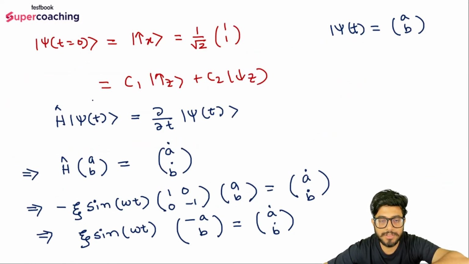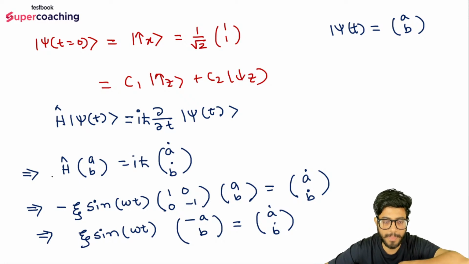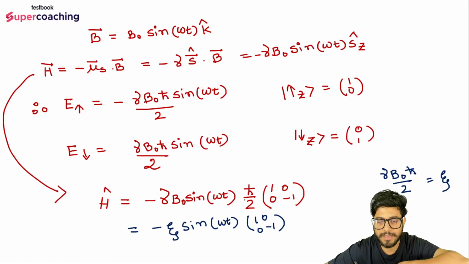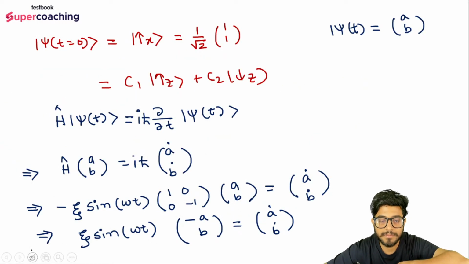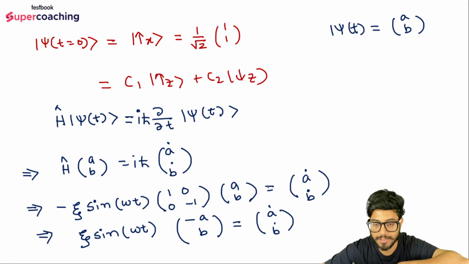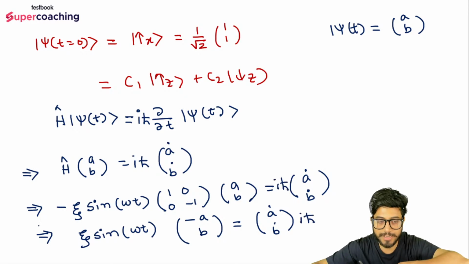There is an I also basically, but I have missed it from here. That is I h cross plus partial differentiation of psi with respect to t has been missed out from here. So that thing should also be there. That h cap AB, h cap is minus zeta into sine omega t, minus zeta into sine omega t into this thing. Okay, so now this thing is equal to, this is A and minus B, so minus A into B should be equal to I h cross into this. There should be I h cross.